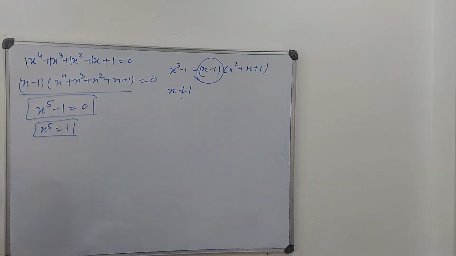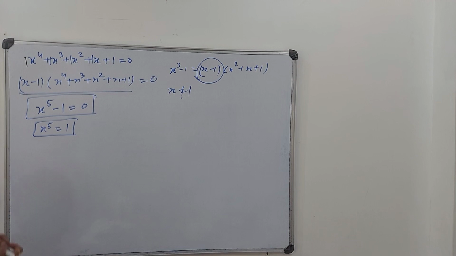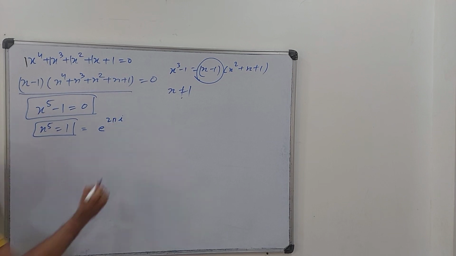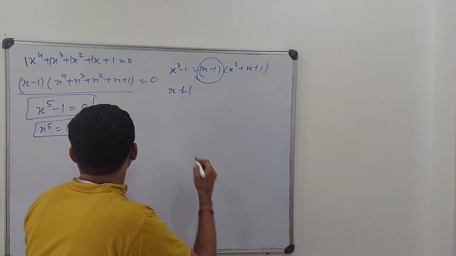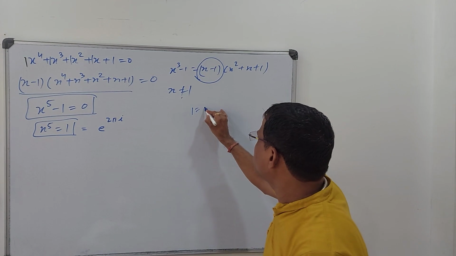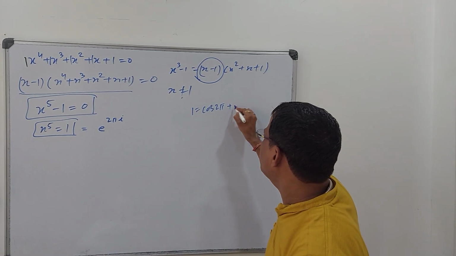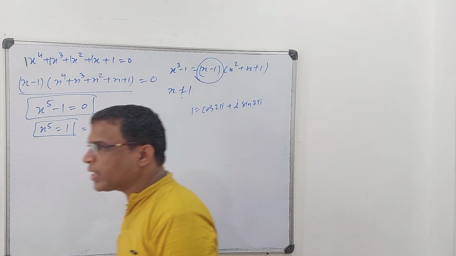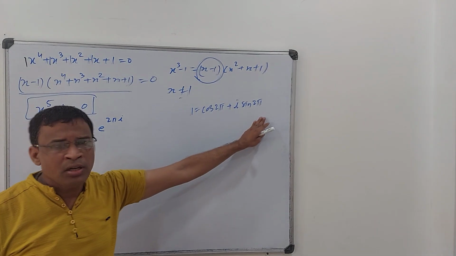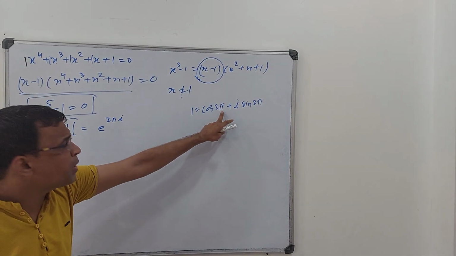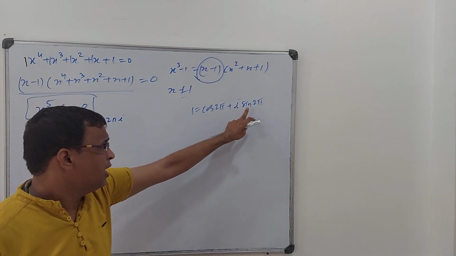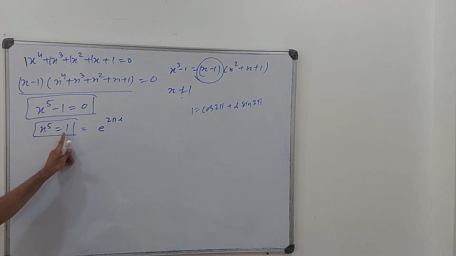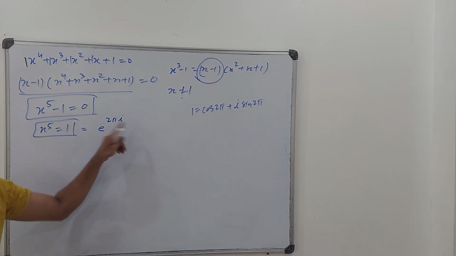When you solve this question, you have to follow a different approach. You can write this one as e to the power 2 pi i. It's a complex form. And 1 is also equal to, in trigonometric form, cos 2 pi plus i sin 2 pi. You will see this in the complex number topic. We call it argument and all that. Now just cross check quickly. 2 pi means 360 degrees, cos 360 is 1 and sin 360 is 0. So it is 1 plus 0, ultimately 1. Similarly, you can write this in the exponential form as e to the power 2 pi i.